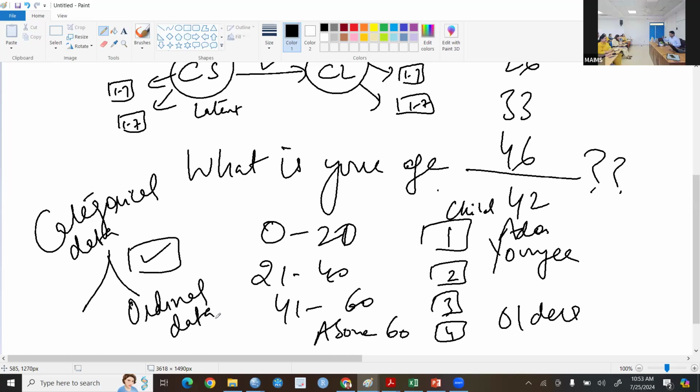Okay, so I have brought some data sets with me and I have shared them with you. I'll tell you which file you have to handle, and then my first question to you will be, tell me whether it is nominal, ordinal, interval or ratio. Then we will handle it: if it is ordinal, then we will go for parametric or non-parametric. Another question